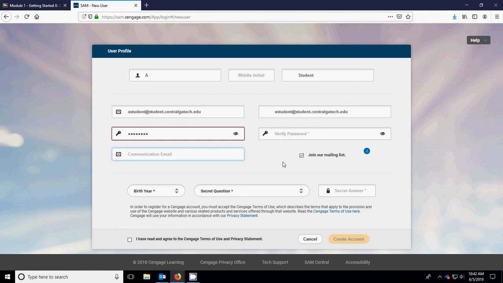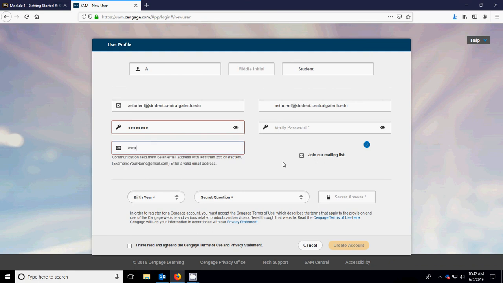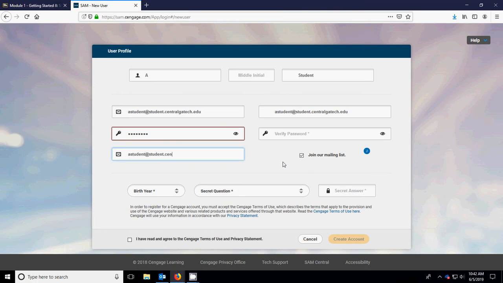Okay, for your communication email, you need to use the Central Georgia Tech email account. And again, this is for a variety of reasons, but mostly so we can go ahead and get in contact with you, or that we can go ahead and find your account if there's a problem. So in this case here, I'm going to put in here again a student at student dot central